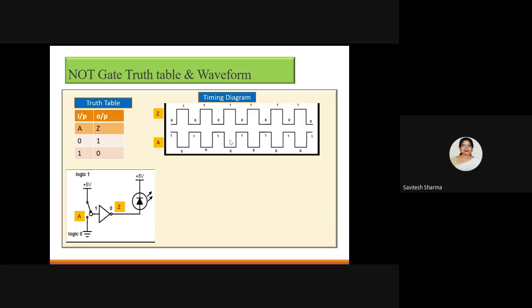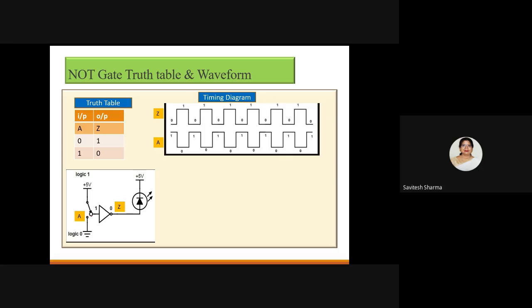So how your NOT gate is working, I am showing you here the operation using a symbol only. I am not showing you the actual circuit. To explain the operation, I am taking a symbol only. Later, if time permits, I will tell you the basic circuits of the different basic gates. So you just try to understand what is happening here.